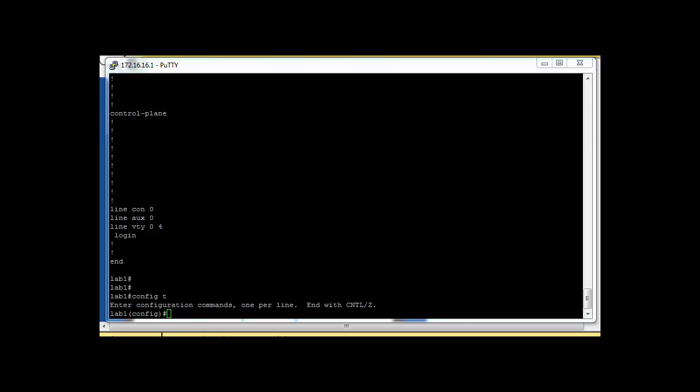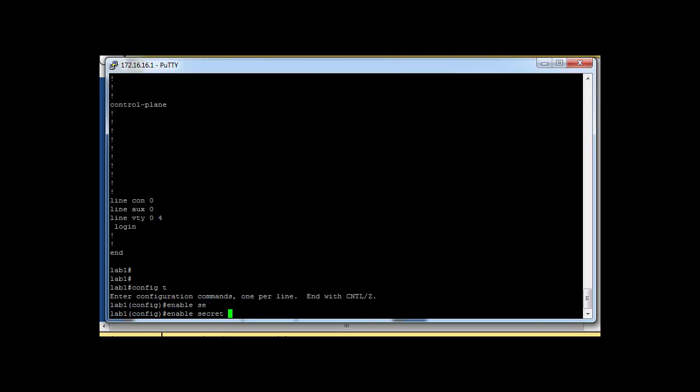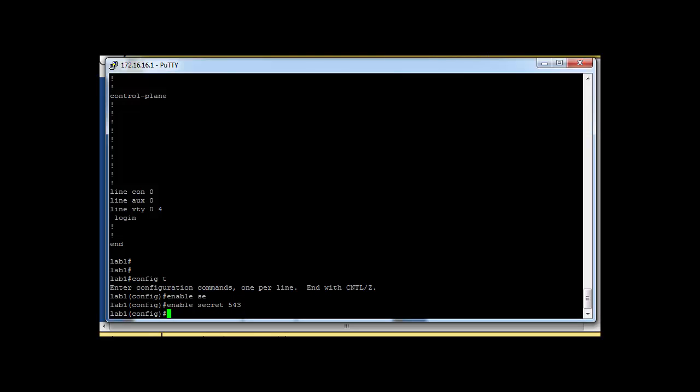To enable the secret password, the command is enable secret, then your password. Then give enter.